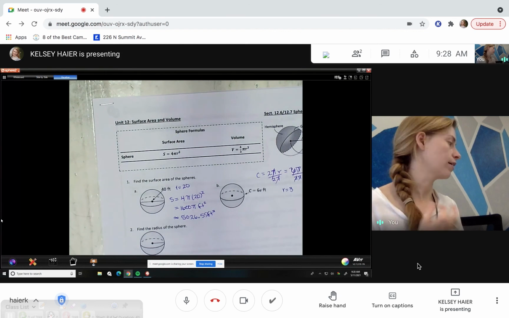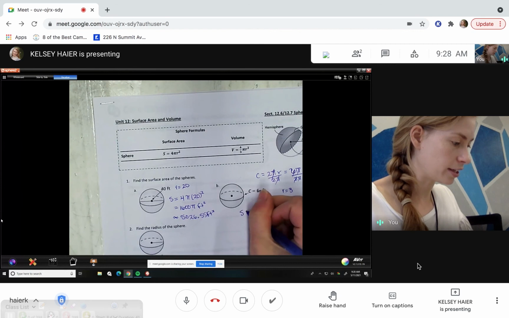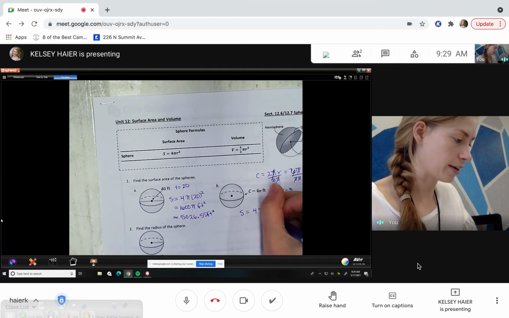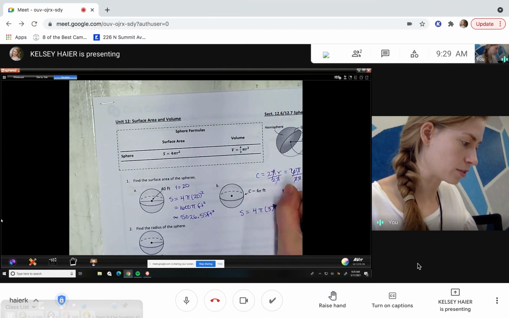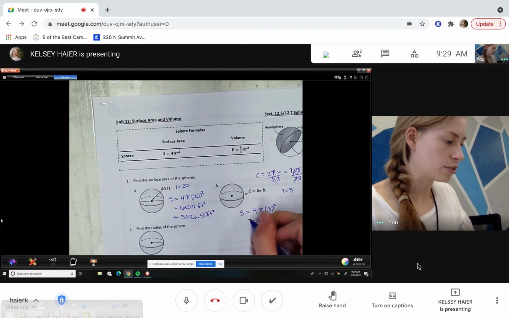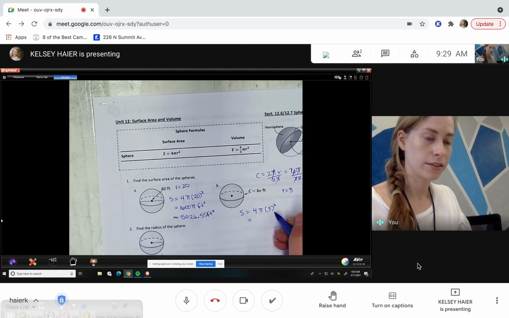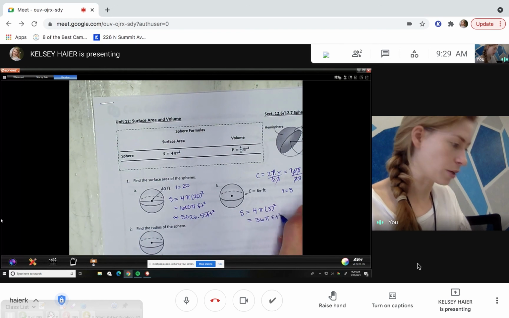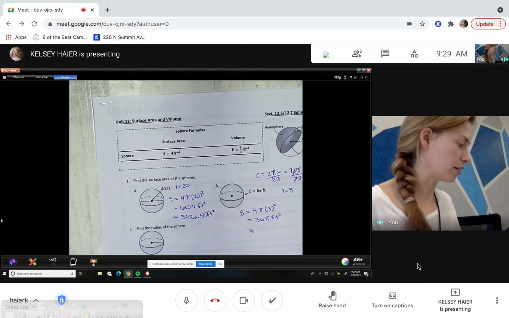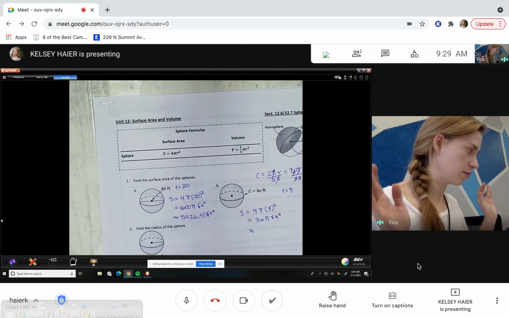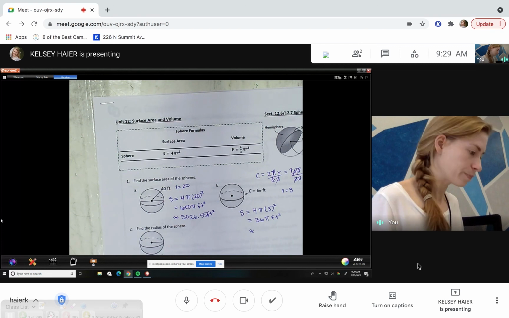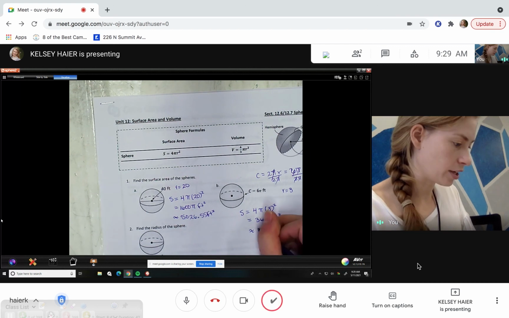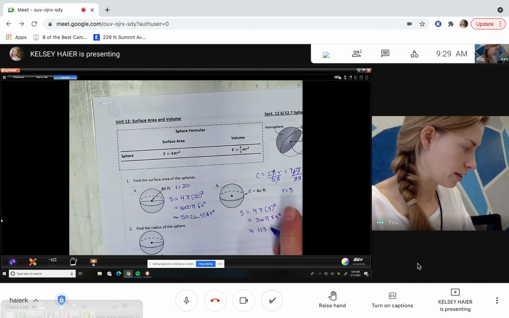Once again, your total surface area is just the area of your circle times 4. So pi r squared, and then times 4. So 3 times 3 gives me 9, and then 9 times 4 gives me 36 pi. And that's in terms of pi. But if I want you to round to the nearest, we'll do hundredth again. So 36 times pi, I should get 113 point